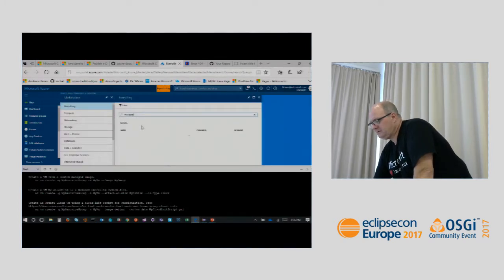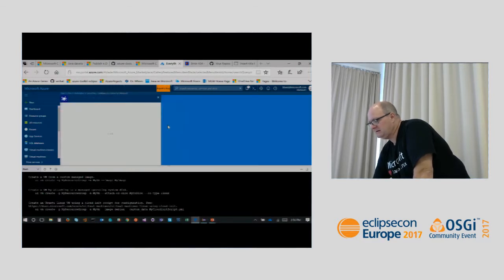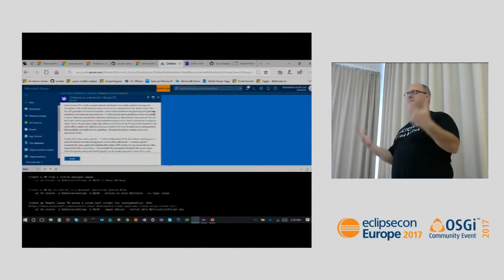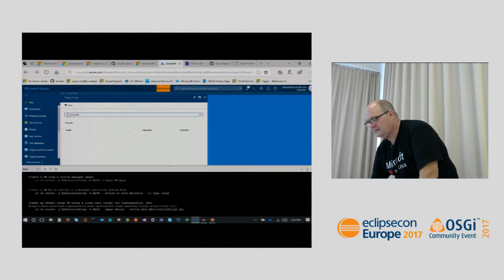For example, if you just want to show some examples with MongoDB, we have this thing called Database as a Service for MongoDB. So if you're using MongoDB in the back end of your application, you can plug it into Cosmos DB, which is our hugely scalable MongoDB compatible service. You just change your connection string, and you've got MongoDB running. Same with our MySQL service. If you look at the MySQL service,